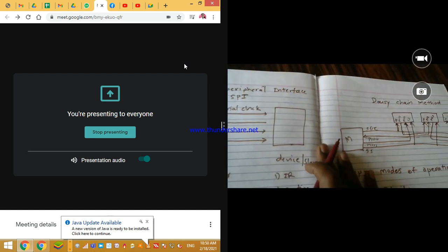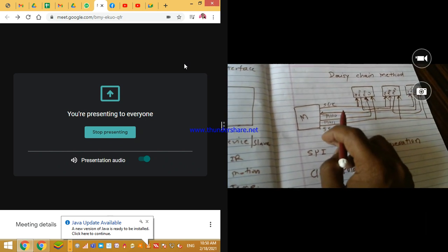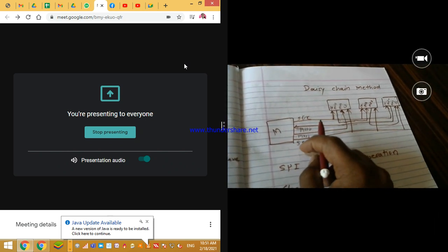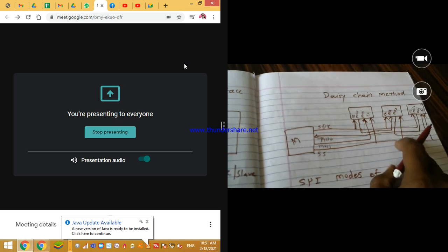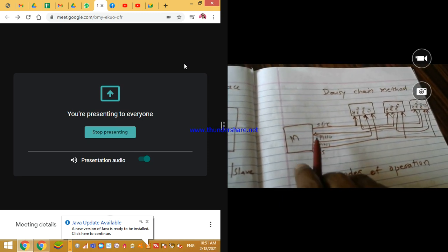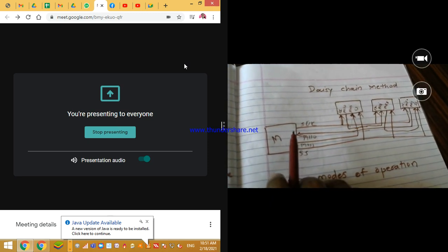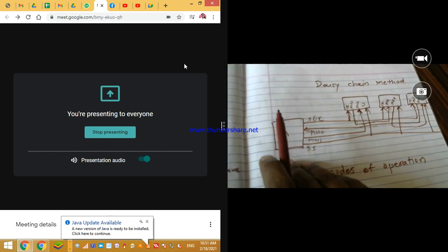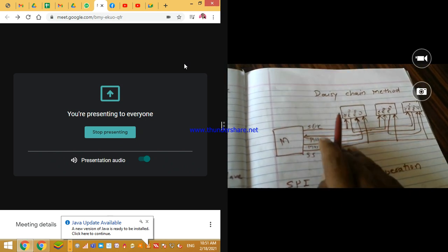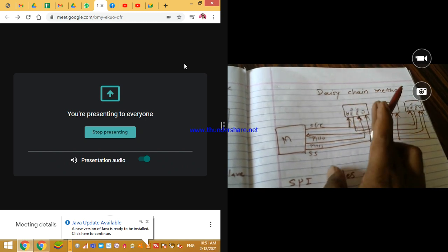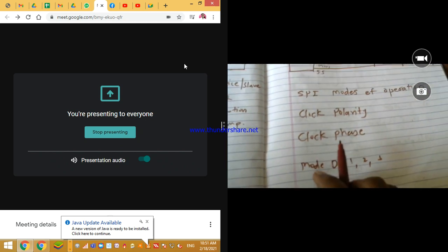Then what we have seen is, if we do not want to add any extra slave select lines, we have to construct the structure using only one slave select line. How do you construct that structure? We have seen it, and this method is known as the daisy chain method. Then the next topic that we have to see,